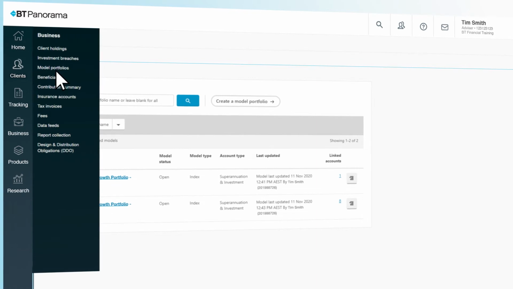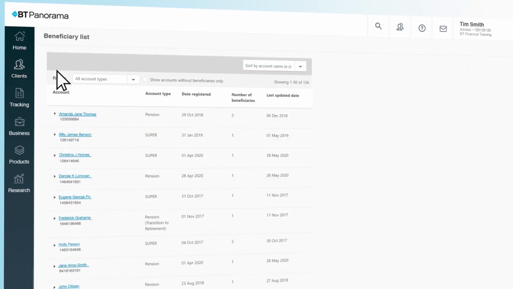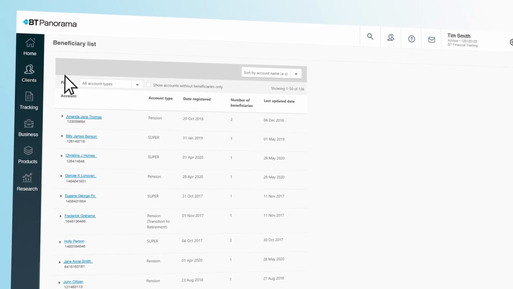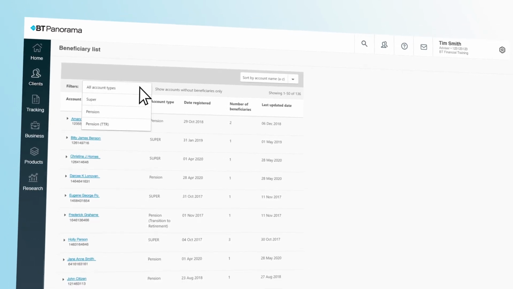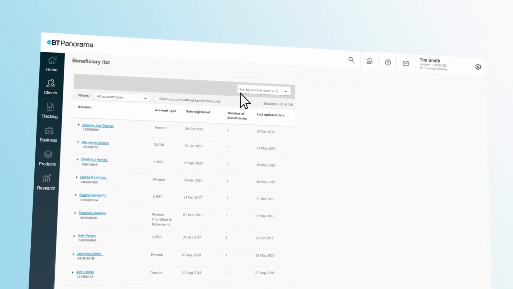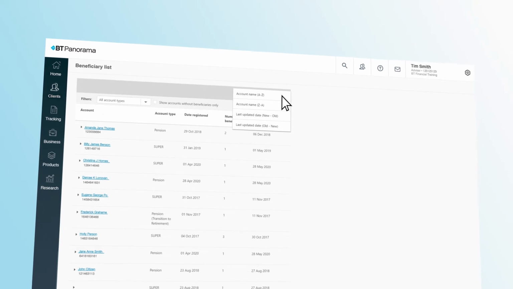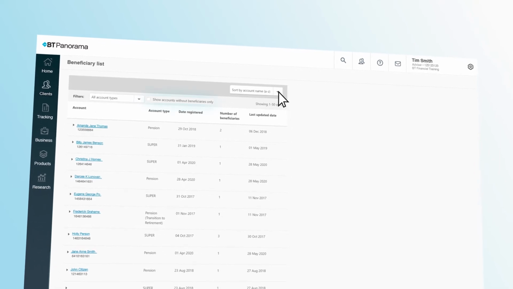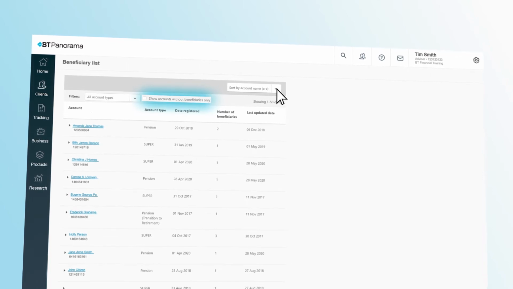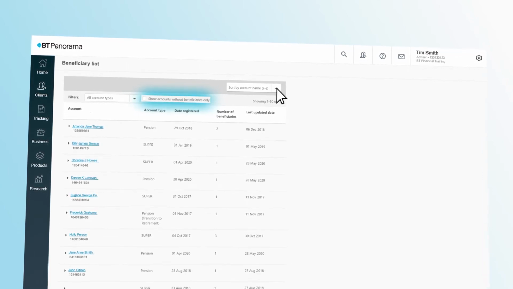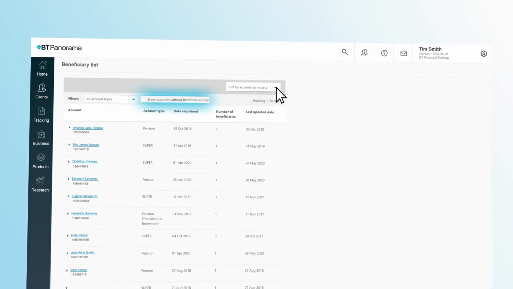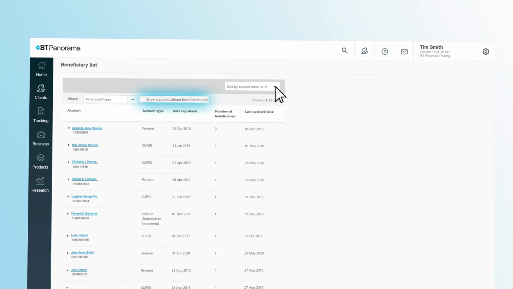All your super and pension accounts will be listed here in alphabetical order, regardless of whether they have a nomination in place or not. The filter tool lets you select specific account types, and results can be sorted by account name or the last updated date. This tick box allows you to display only accounts without any beneficiary details. This is a handy report to run periodically to help ensure your clients' super account beneficiary nominations have been entered